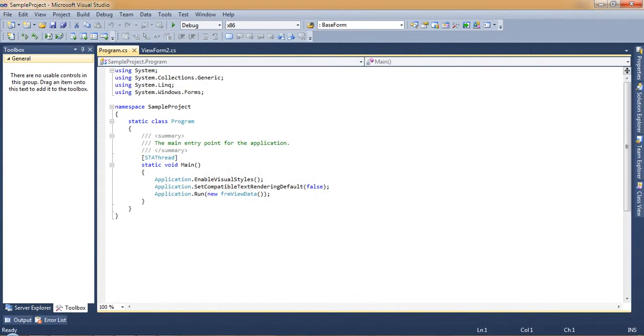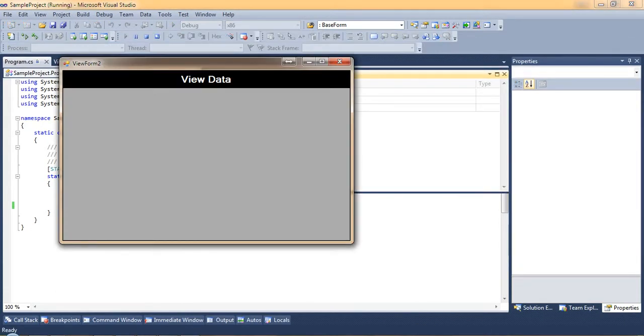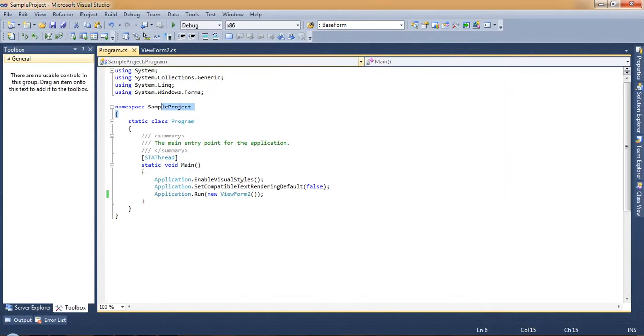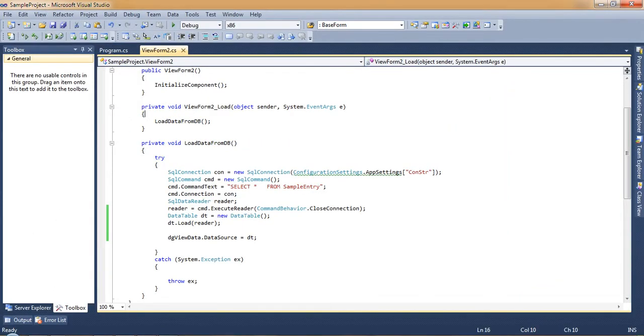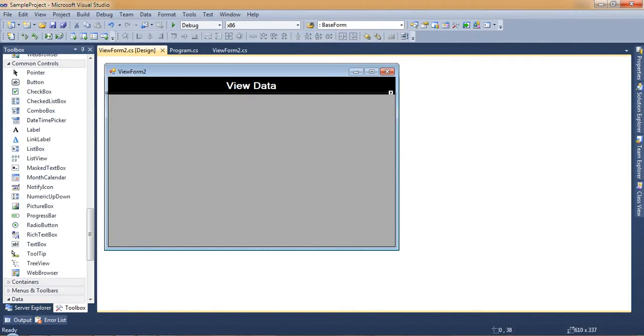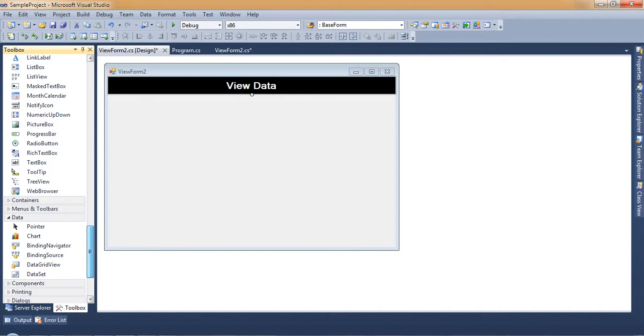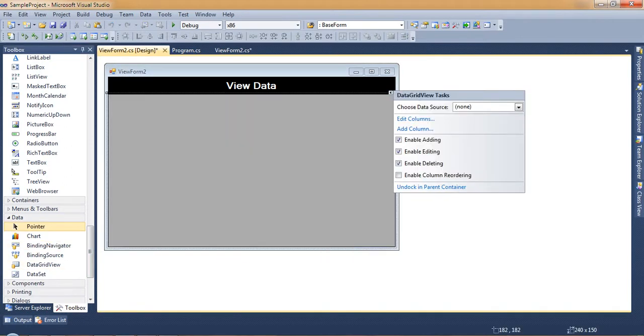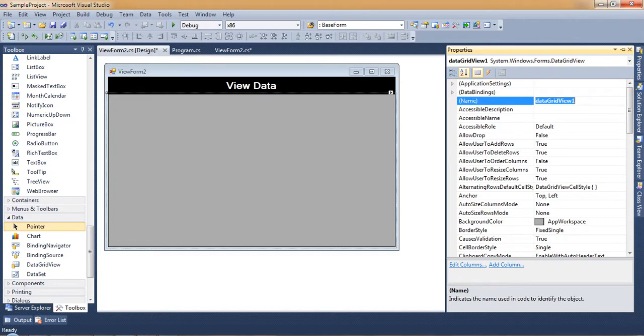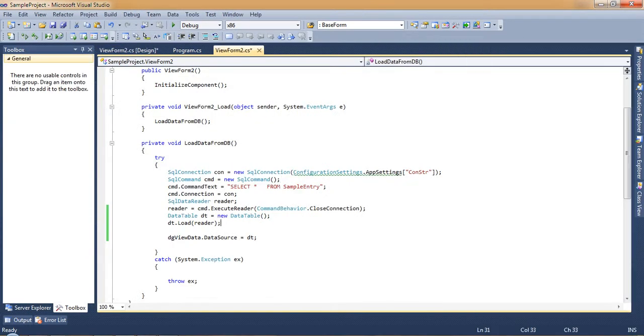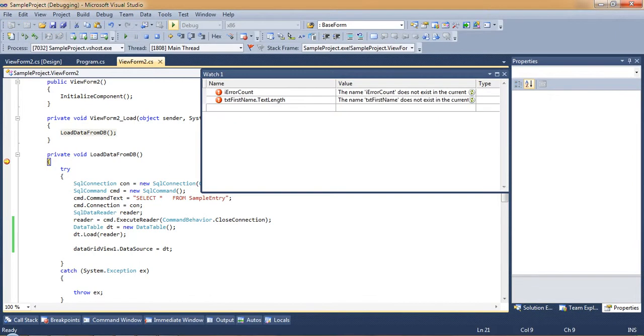We'll change the default form to view form to run the application. Okay, not bound. We'll debug what happened here.